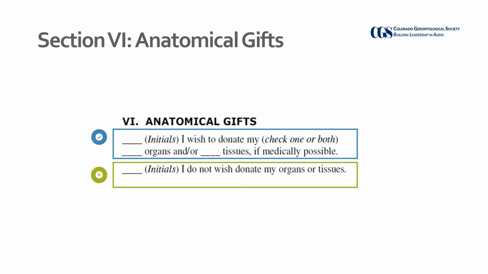6. This is where you indicate whether you want to be or don't want to be an organ and tissue donor. Okay, you have two options. Once again, no right or wrong. This is for you to document what makes sense for you and what are your preferences. So you're able to say, yes, I do want to make a donation, and you could say which one. You could say organ and or tissues. You could say only one and not the other.